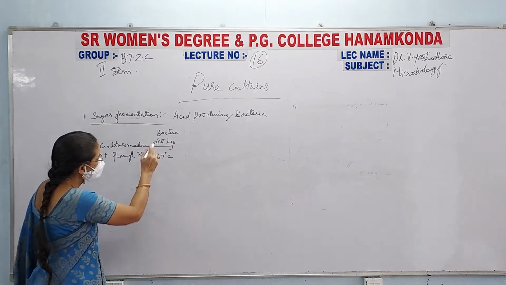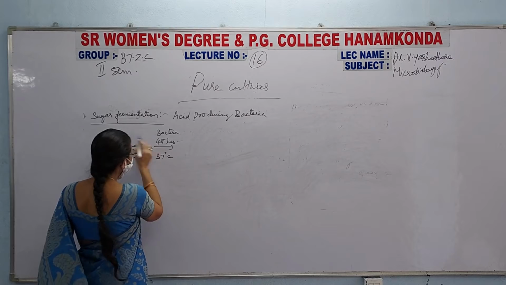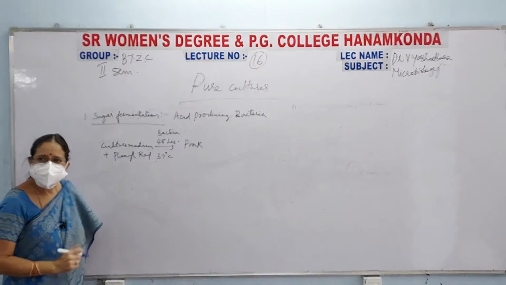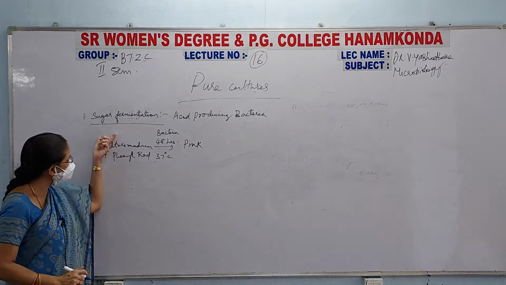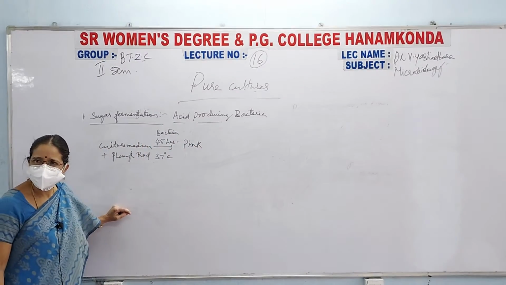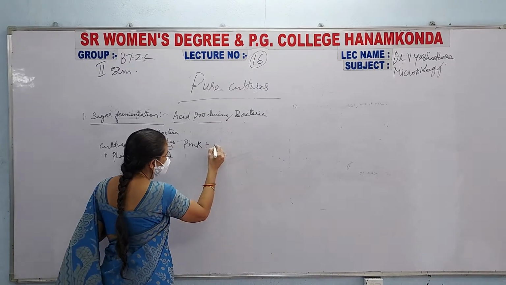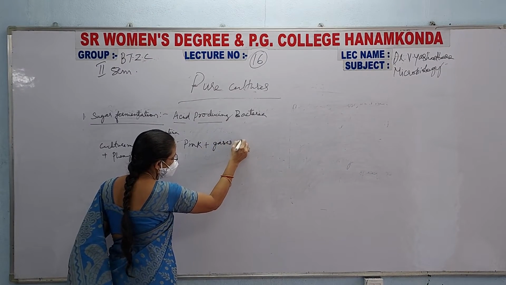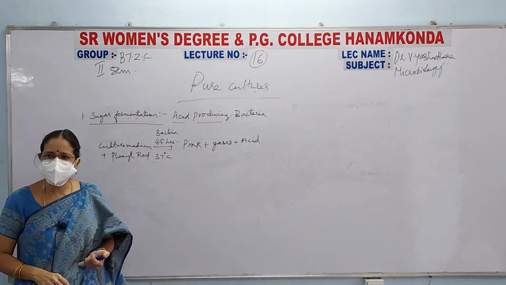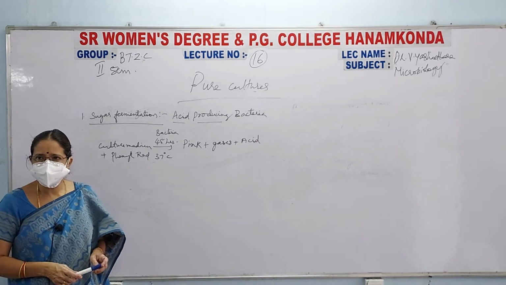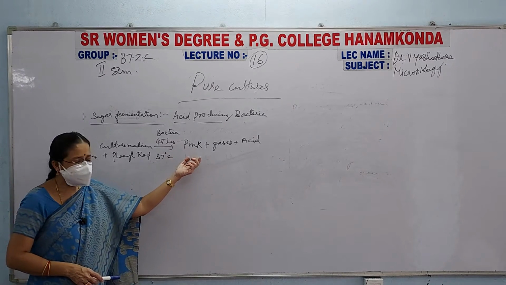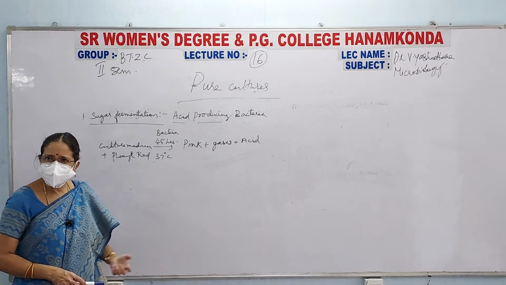Next what happens is, the bacteria will grow and this medium turns pink. If the medium turns pink, it is an indication that this organism, the bacterium, can produce acid. It helps in the production of acid. Along with that, it also produces gases. That means if after 48 hours of growth of bacteria at 37 degrees centigrade, you observe the culture tube and the medium has converted into pink color, that is an indication that